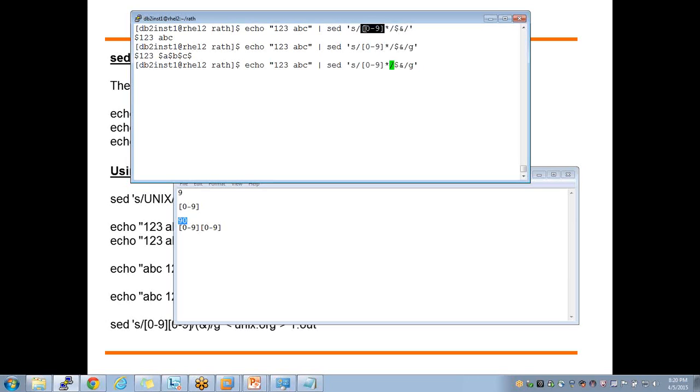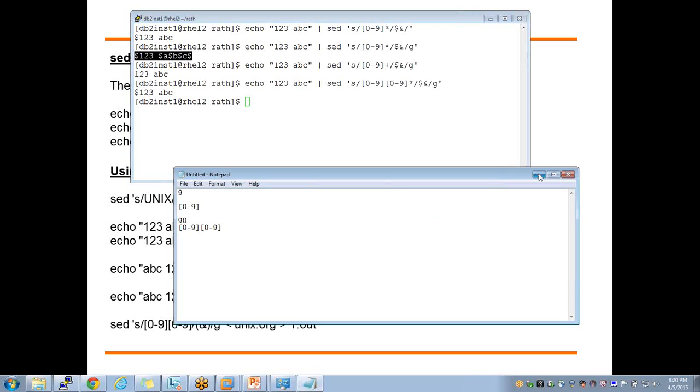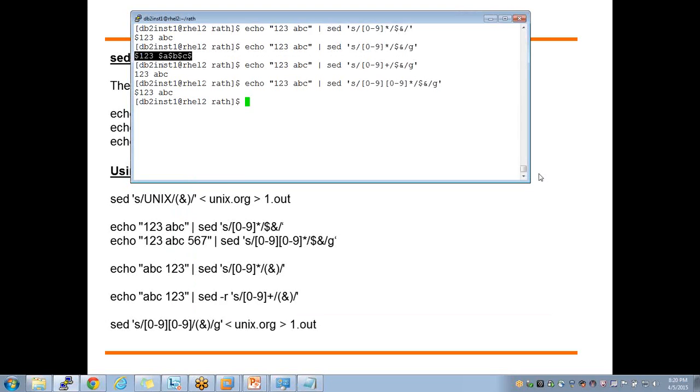So if I use plus here, instead of that, at least there has to be one number. First, it is mandatory to have a number between 0 to 9. The next one, whether I have it or not, I don't care. This is 0 or more. This is 1 or more. So that is the difference. These regular expressions are a little tricky. It's just a matter of time.